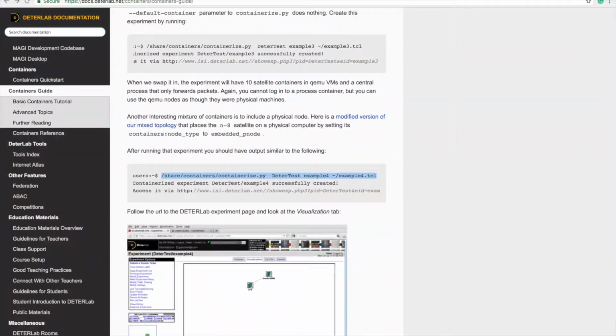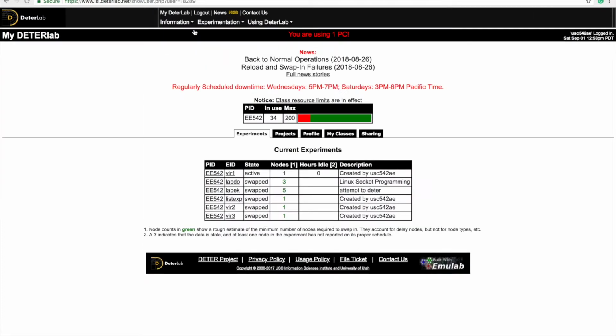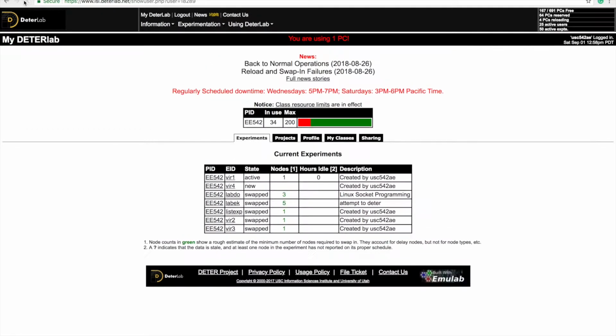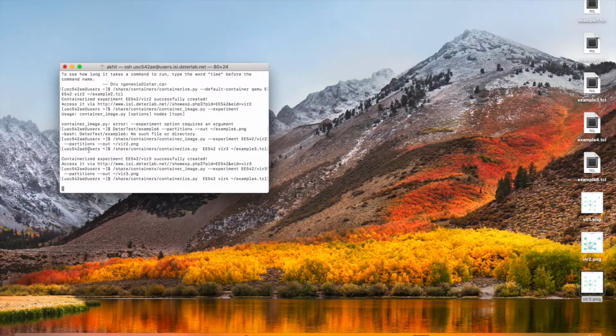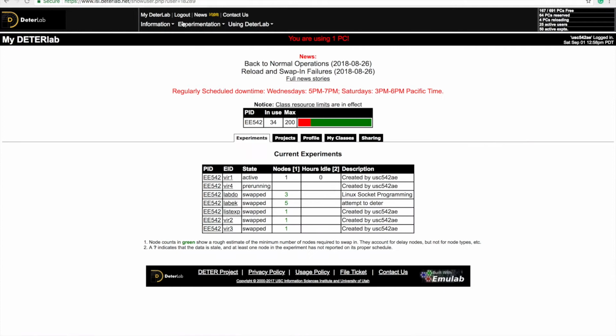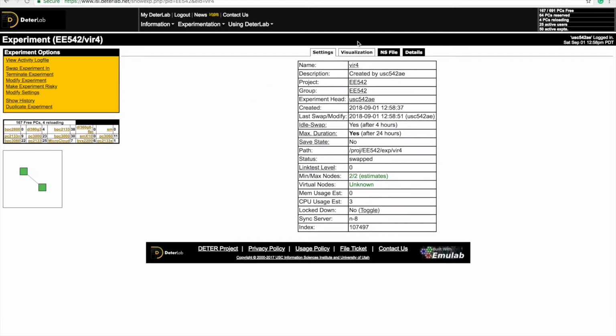We'll go to my tutor labs, and you can see that an experiment has been created which is still new, so we have to wait for it. I think it has been created successfully. Swap. Okay,